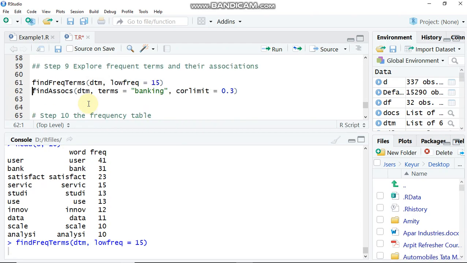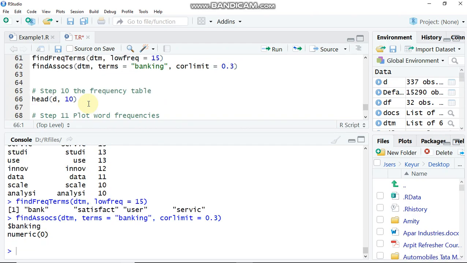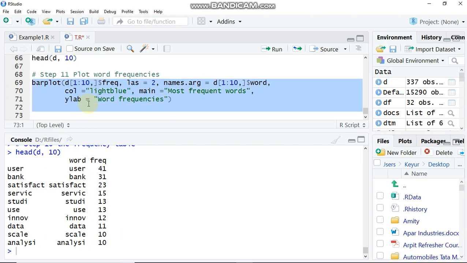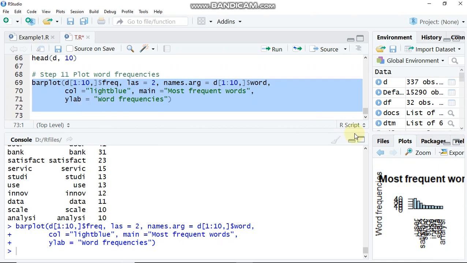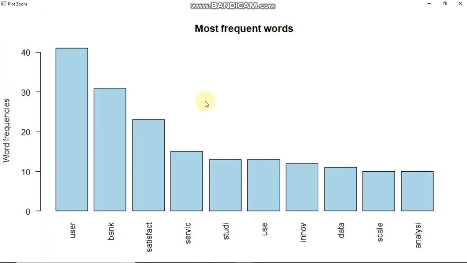Now let us run another line for association of terms which we want to measure, and head top 10 words, and then I want to generate a bar plot of it, right? Look at the plot in RStudio: most frequently used words in a text document.